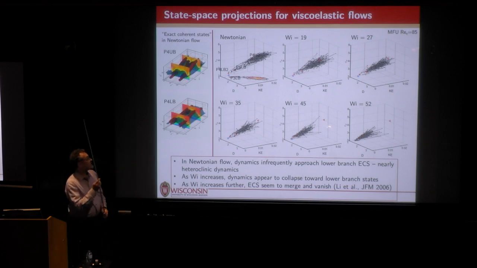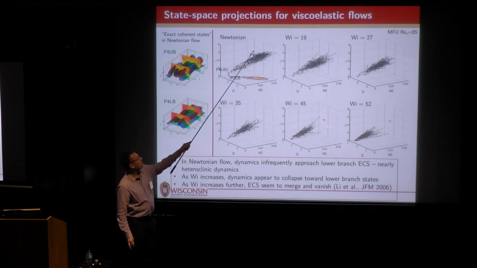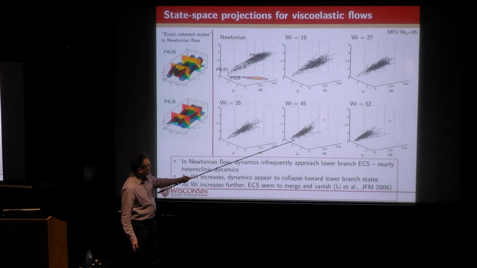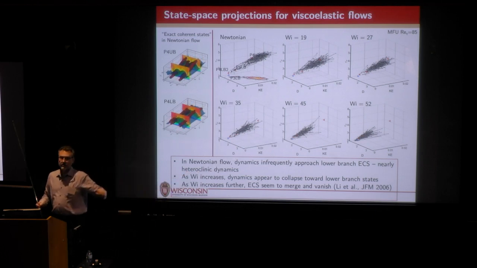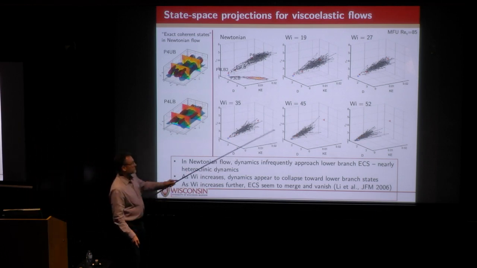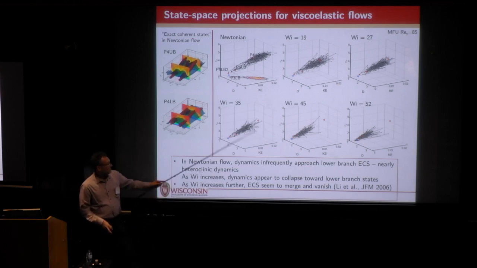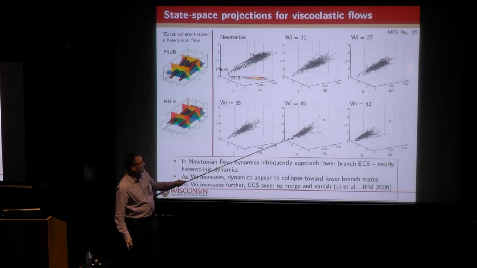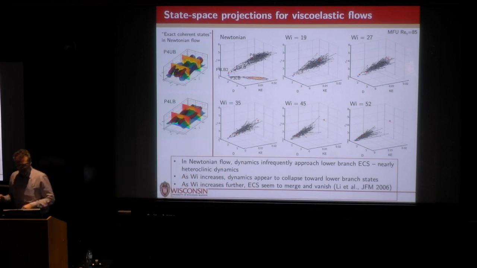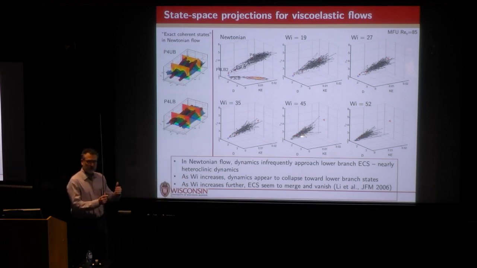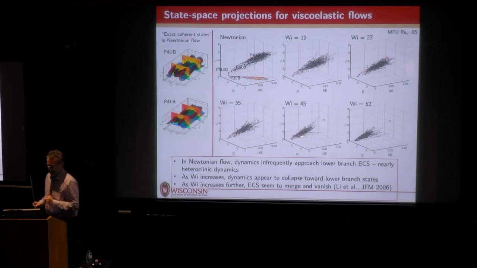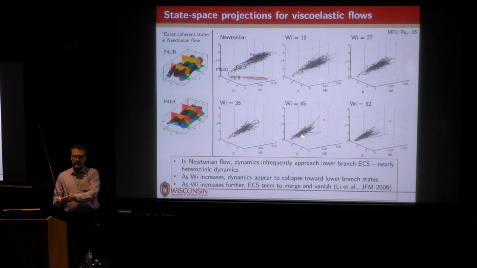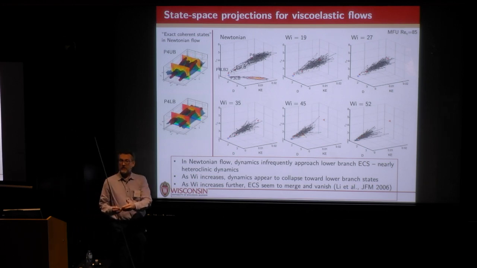What happens in the viscoelastic case is that the vigorous turbulence gets suppressed and the dynamics get driven down toward these lower branch solutions as the upper branch solutions are suppressed. Okay, for this solution family, we've only done the calculation for the Newtonian, so these are all Newtonian. So that's a qualitative picture of what we think is going on in this situation. Now, as the Weissenberg number increases further, these coherent states collapse.